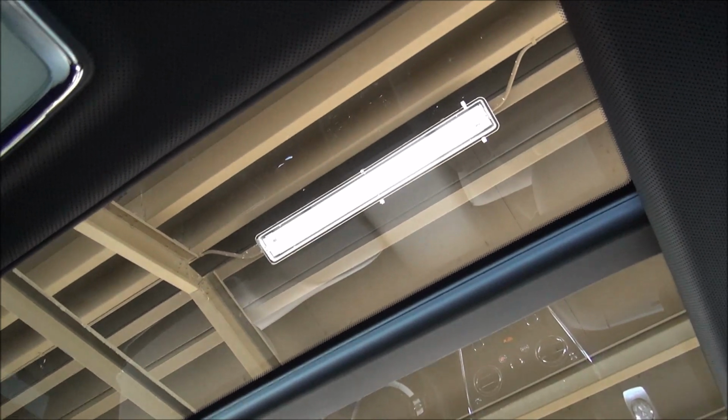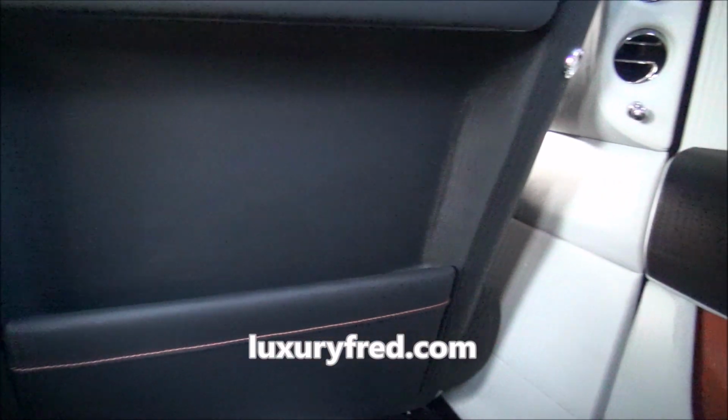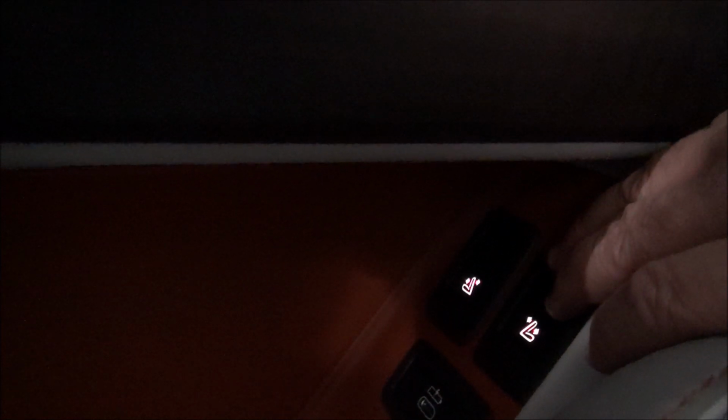And look how big that is. Okay, and one more cool thing I wanted to point out that kind of goes with the cargo area in the back seats is that there are actually little seat controls inside the doors that allow me to put the rear seats up and down while I'm sitting in one of the rear seats, which is something truly unique. So if I click this,